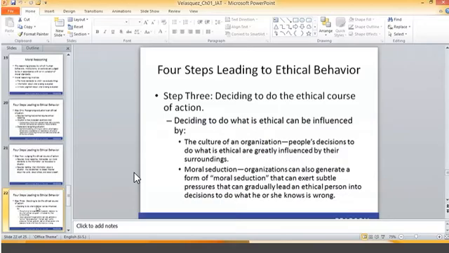That's why I said we are influenced by our surroundings. Culture will play a major part, quite significant on our values, how we believe in certain actions based on our culture. Moral seduction is another thing that might influence our decision. What do I mean by moral seduction? Moral seduction is a pulling factor that might make you commit unethical behavior because of pressure from somebody else.